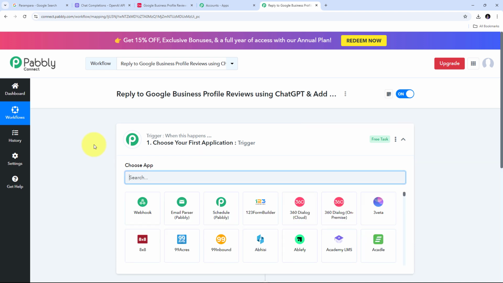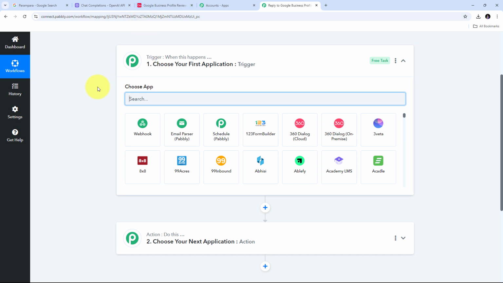And this will take us to this most important window for our workflow. Here in this window, I have these two boxes of trigger and action. Trigger and action are the two main principles on which our workflow works. Trigger says when this happens, action says do this. Trigger is going to be the first step that will get executed in our workflow and action is just